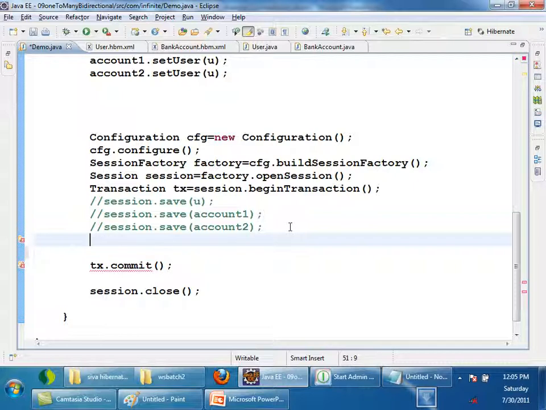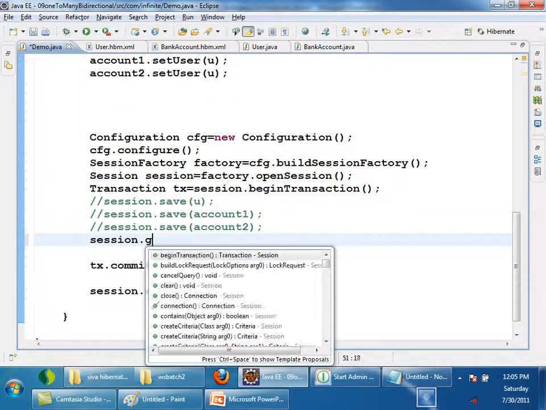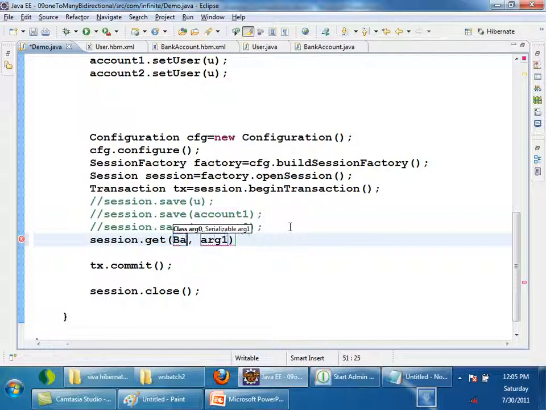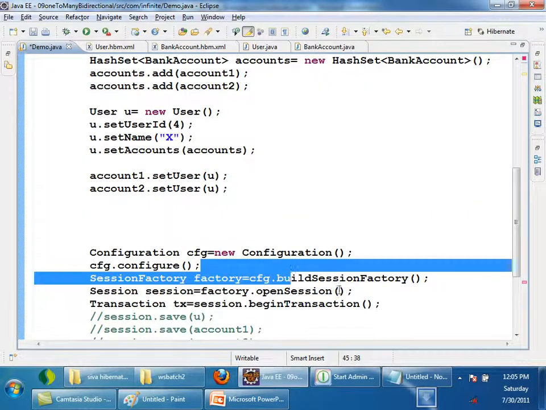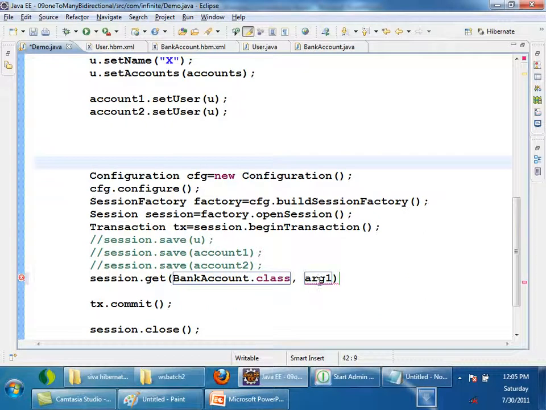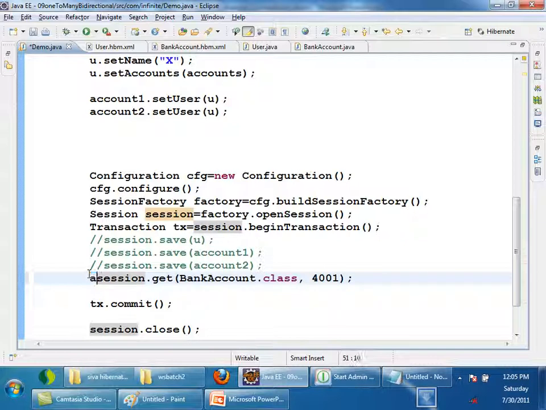Session.get(BankAccount.class, and what is the ID I gave already? There is 4001, I'll say. I will get a bank account object.